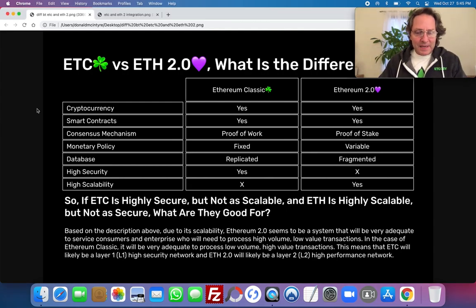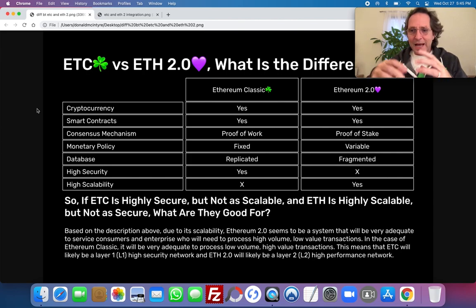There are several differences between Ethereum Classic and Ethereum 2.0. It is important to note that we're talking about Ethereum 2.0, not Ethereum 1.0. The current Ethereum and Ethereum Classic are practically the same. The difference between the two chains essentially is that Ethereum